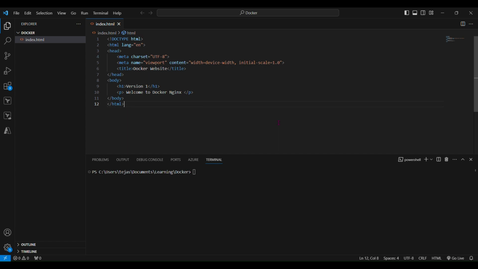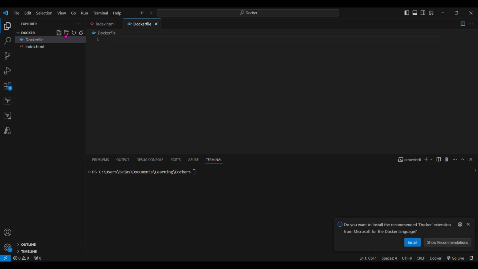Now let's go ahead and create a Dockerfile. There is no caps in between. Create a Dockerfile, and a Dockerfile without an extension will get created. Now I am taking the image reference as NGINX, which is the latest version. So FROM nginx:latest, and I'm going to copy this file into